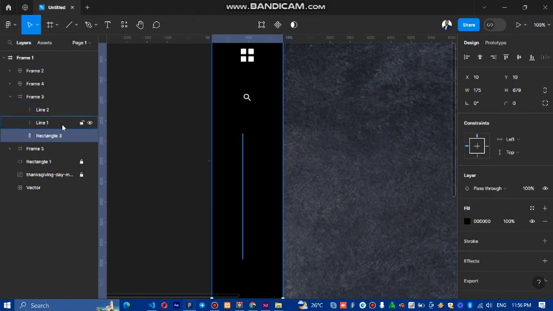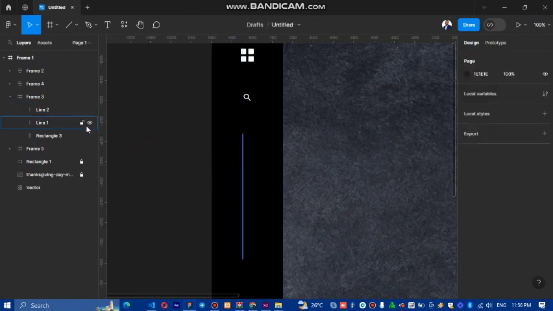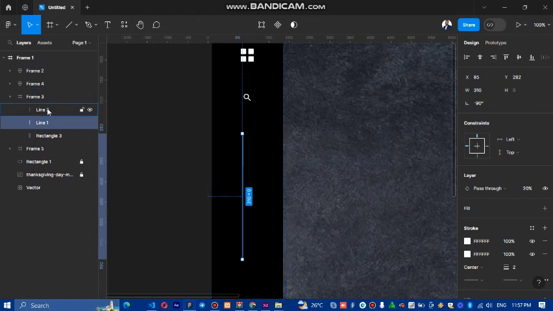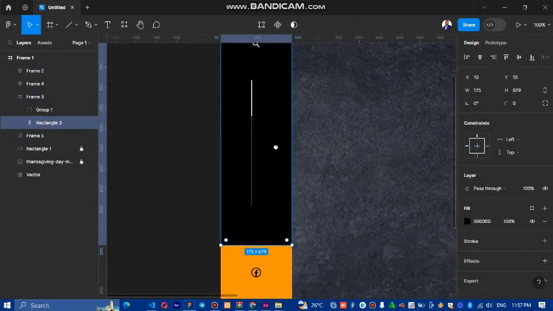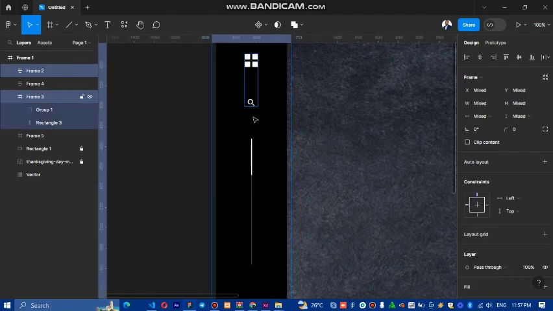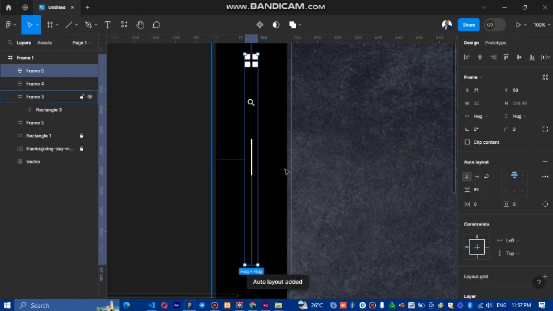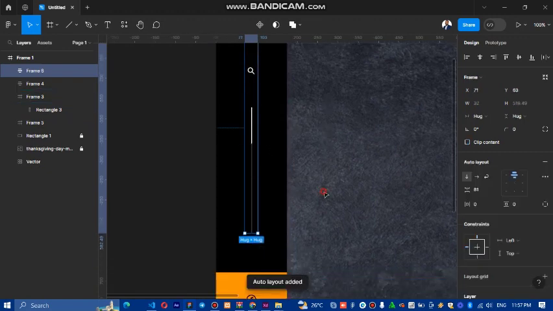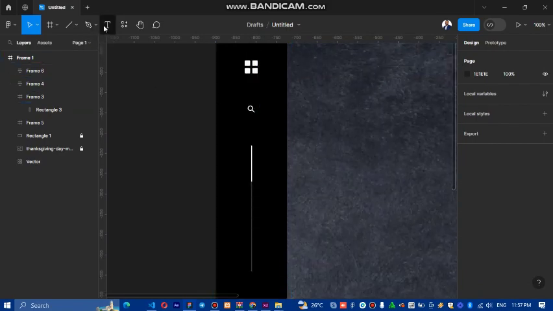So yep, to give us this nice shape. We can select both lines like this and then group them together. So we can also hold this guy, select this guy, and add auto layout to them, so they can be on the same line. So if you have done that, we can take our text tool and write something like